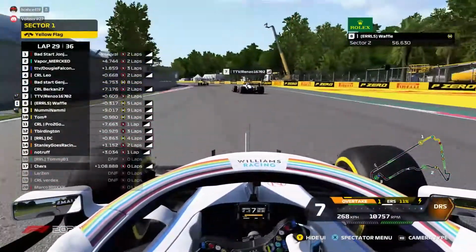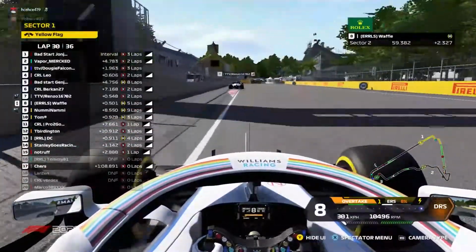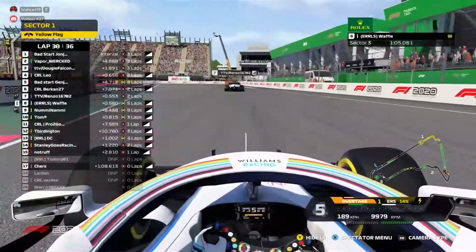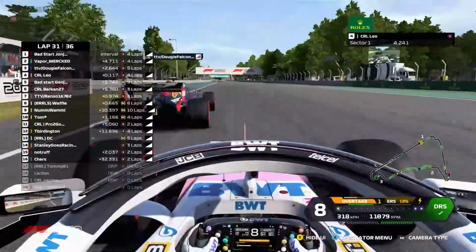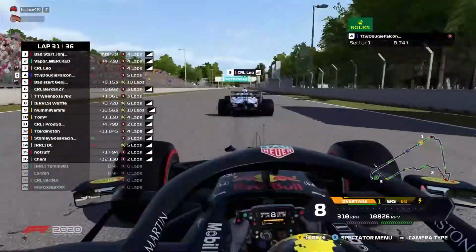Wow. So he follows Burkers through, and Waffle gets a huge snap of oversteer. He even forgot to enable his DRS there, on the actual turn 11. And Leo now surely is going to pass Doggy, whose lights are flashing. That means he's under 10% of overtake, and Leo easily passed Doggy Falcons, who's